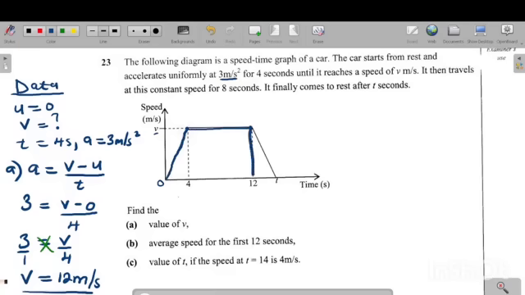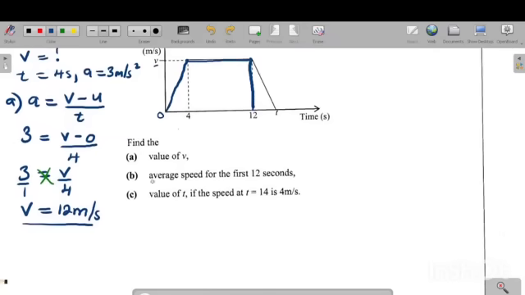Okay, so they want you to find the average speed when the car was moving under this graph, the one that I've highlighted. All right, so since they want us to find the average speed, remember from physics, speed is given by distance